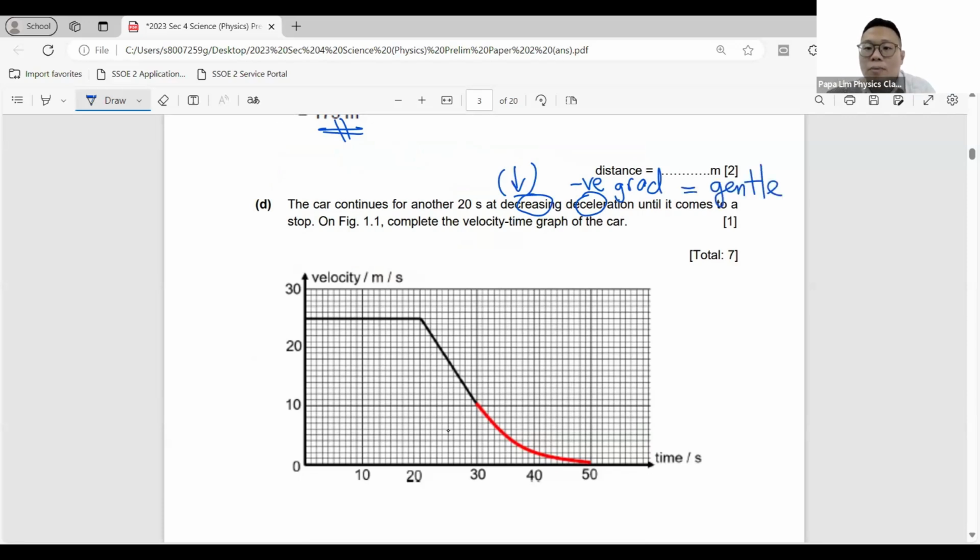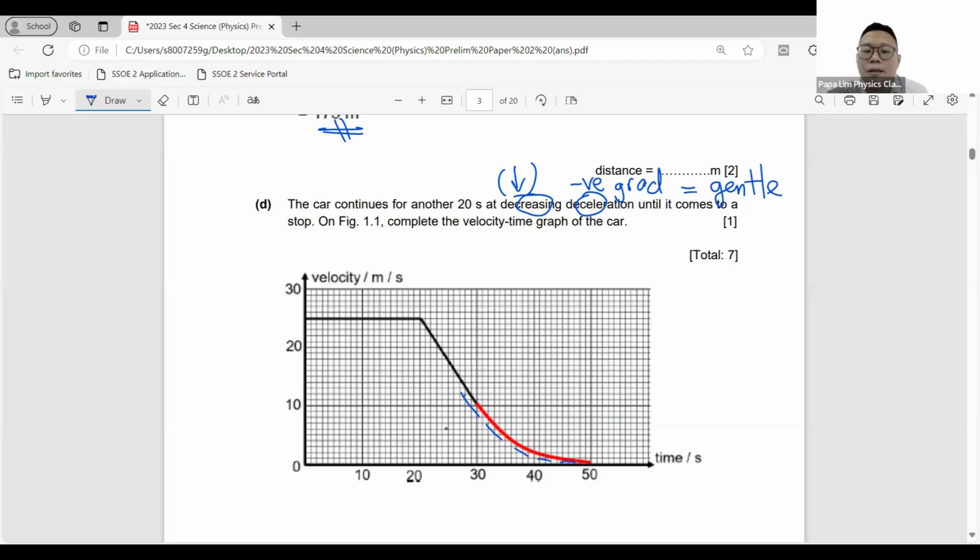The gradient is negative sloping, from top left to your bottom right. Then after that, the gradient of the graph will be getting gentler and gentler. So that's why the line will be this. The answer will be the red color one. Yes, so I'll make sure that the gradient of this graph is getting gentler and gentler